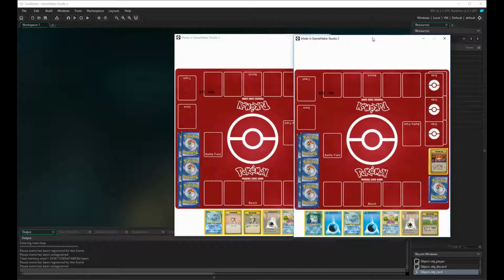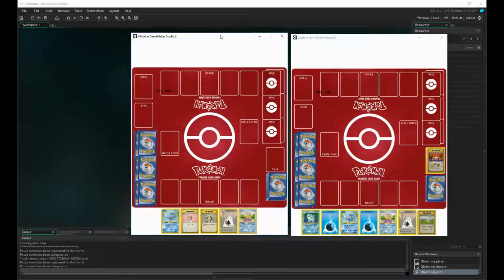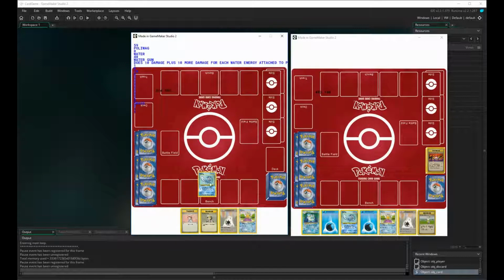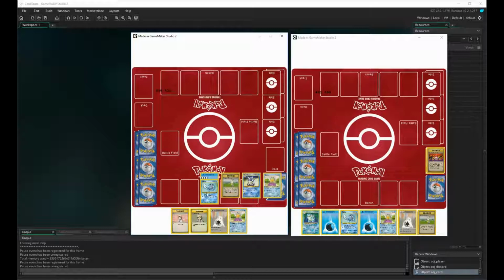So what I mean by that is, in our last video where we left it off, if I were to pick up this card, it gets drawn below the cards that have been drawn before it. If I set this card on the field and print the deck over it, the deck is printed behind that card